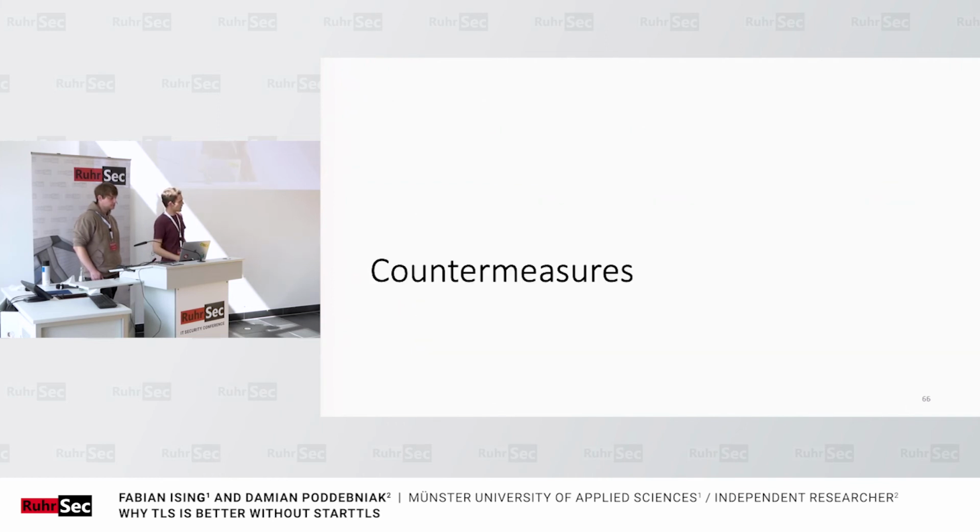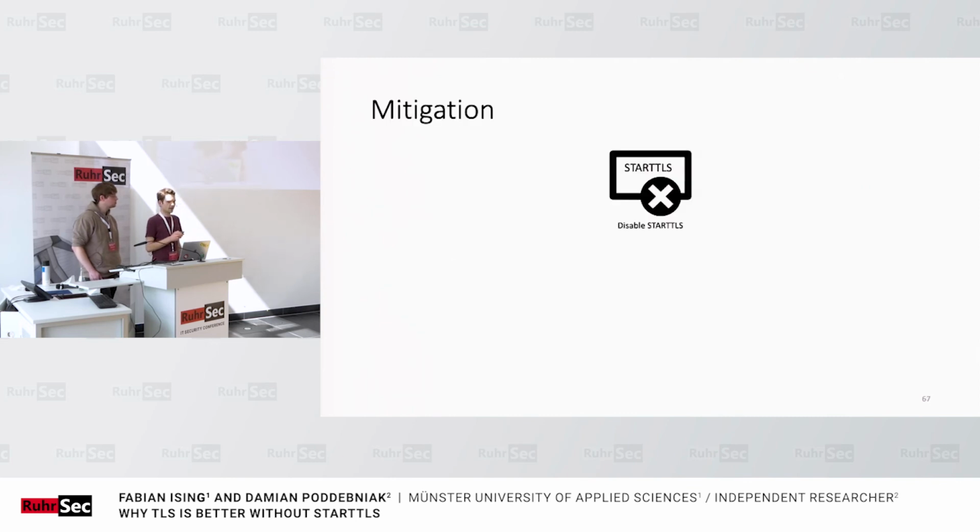So we've talked a lot about issues, now let's talk about fixing them. The most straightforward thing to do as a mail user is to switch to implicit TLS. So that's a pretty easy fix for all the issues in mail clients. Server providers, on the other hand, should also evaluate if they can cut STARTTLS support in the future, for example, by migrating existing users that still use STARTTLS to TLS in some way. However, recognize if you have a large user base, this might not be a workable solution for everyone.